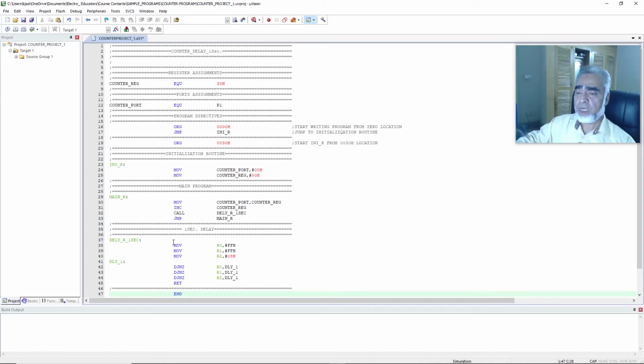First it will initialize all these registers, that is R0, R1 and R2, and it will move the value FFH to R0. And on the second line it will move the value FFH to R1. And on the third line it will initialize the register R2 with 08H. It means that if we multiply 256 by 256 by 8 into 2 microseconds, we will have the delay of